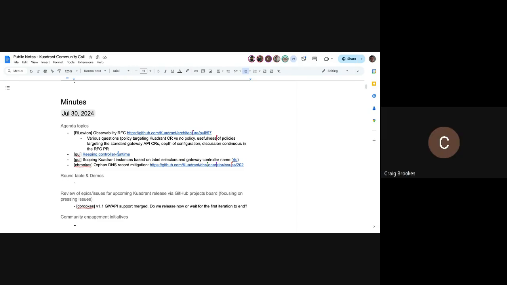Yeah, my initial thought here was, well, if there's two gateway controllers on the cluster and one of them's Istio and one of them's another one that we don't support, for instance, we're kind of implicitly saying, hey, well, guess what? We can't do anything with policies with that gateway controller, right? So that list kind of already exists. It's just not written down or expressed.